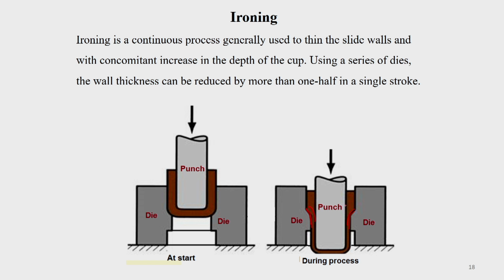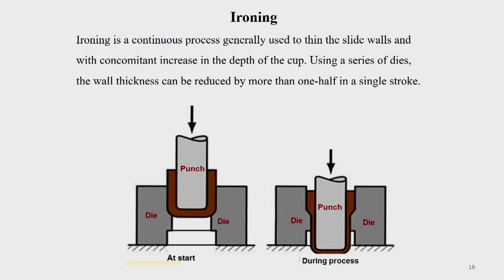In this case, if you look at it, it is like a deep drawing operation, but when it comes here there is thinning taking place. The side walls get thinner. You can have this arrangement by using a series of dies, one after the other, so that in one stroke itself you can get a large reduction from the initial thickness to a final thickness. In one stroke itself we can just arrange this die.